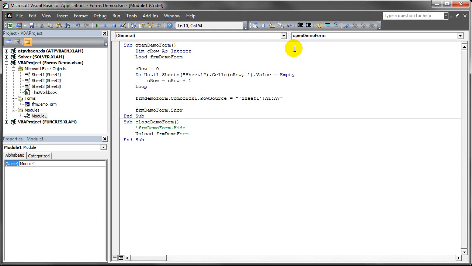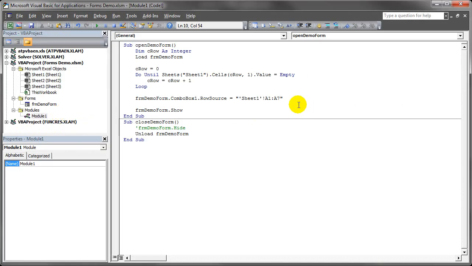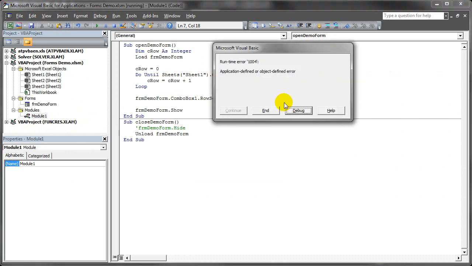Now in this case I want to do A1 to A7. You can see we've got 7 days there, but I'm going to delete 2. And A1 to A7 is what defaults there, but now I only want to go down to C row, which has the blank row -1, so I just want to go to the last row that has something in it. So now when I run this,